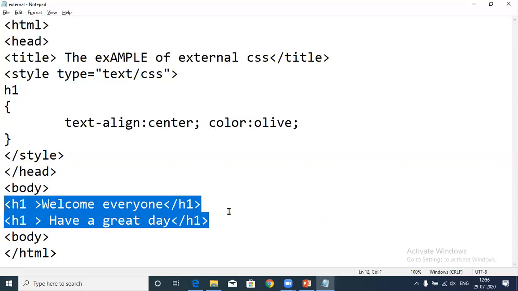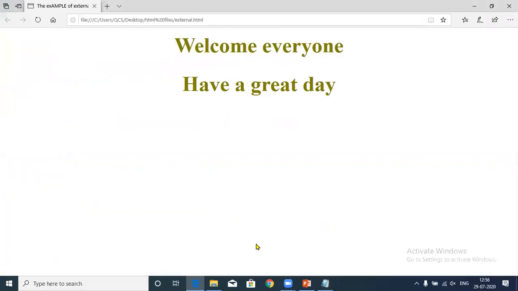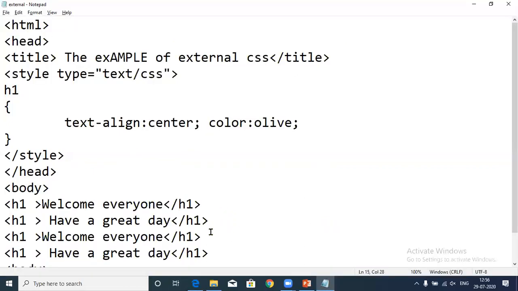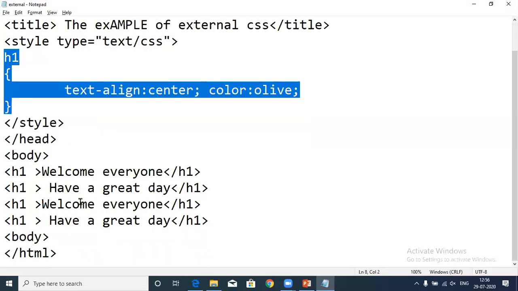For example, I do have two more H1 tags. It will automatically apply this kind of formatting to all those tags. Fine. So this is the benefit of internal style sheet. You need to write code once and the code will be applied on the complete document on the same kind of tags or the same category of tags.